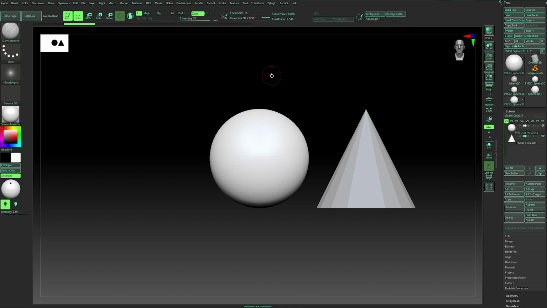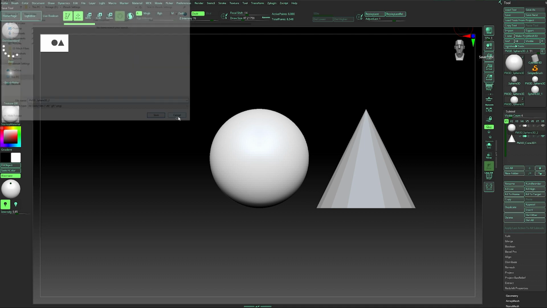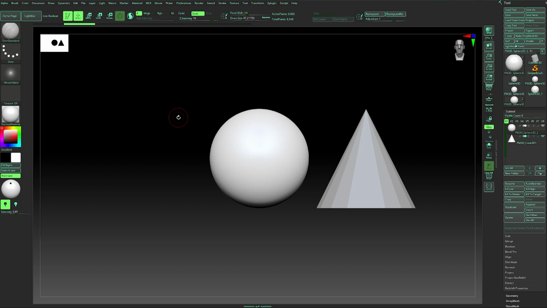So I recommend, if you're going to save your model, use the save as in the tool menu to save your ZTool. And later you just need to open your ZBrush and load your model, and everything is here. It's just fine. You don't need to save your project. I don't know, maybe project saving is fixed. The thing I'm telling you is about 6 or 7 years ago. I don't know if it's fixed or not.